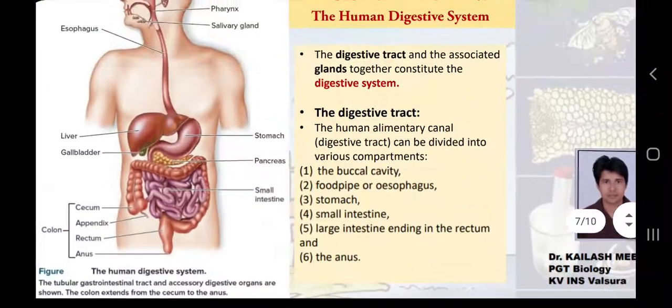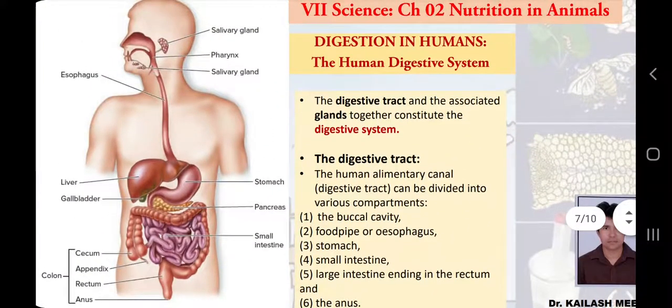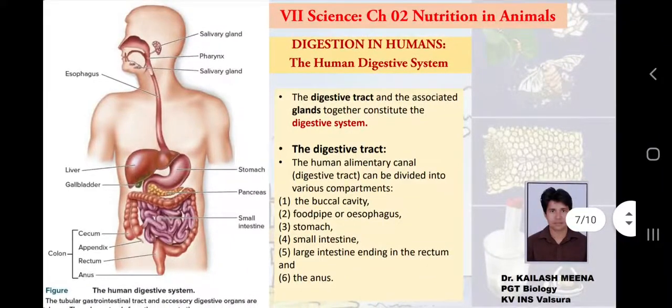Now next, our most important topic is the digestive system in human beings. So before discussing the process of digestion, we need to have a look at the machinery which is designed for the process of digestion. So the digestive system is a very long and coiled tube-like structure from mouth to anus. The initial opening of this structure is called the